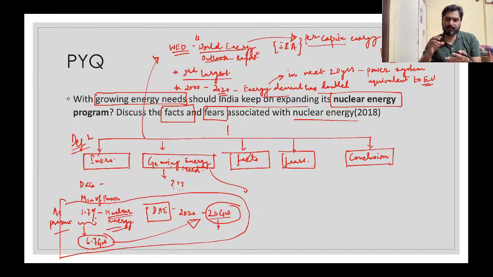So yes, the energy need is increasing and it will further increase because of the rising population. So now the question is, should we expand, or in order to fill this demand, should we also use nuclear energy? If you look at this statistic, at present only around 2% of the electricity we are producing by nuclear energy.